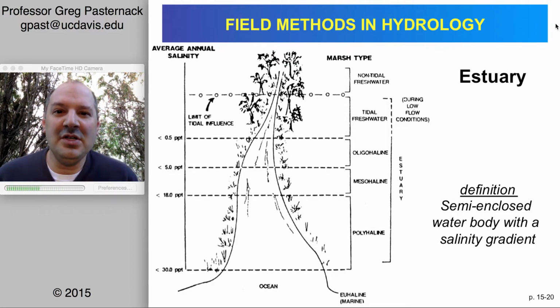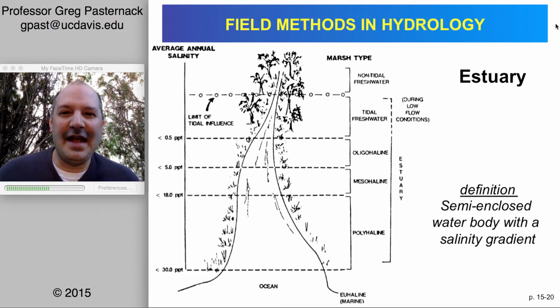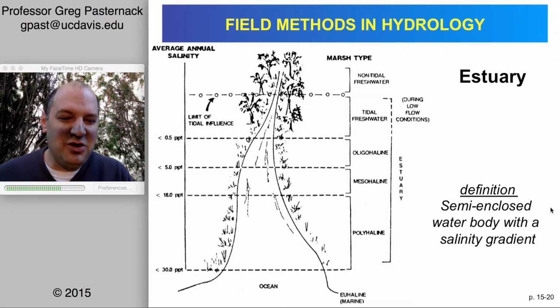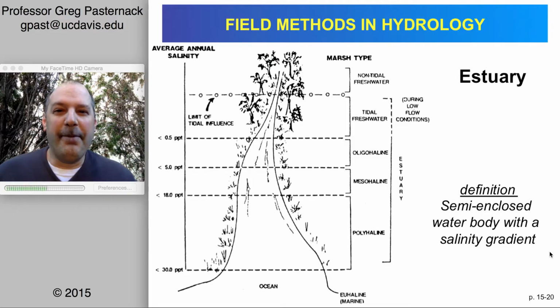Of course, an estuary is where a river meets the sea. Very simple. And we can also give a little bit more technical, but still simple definition: a semi-enclosed water body with a salinity gradient. Now, there are longer definitions, but using a salinity gradient also essentially assumes that if you're making a salinity transition,